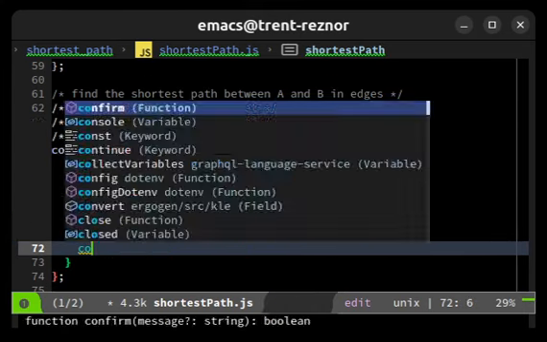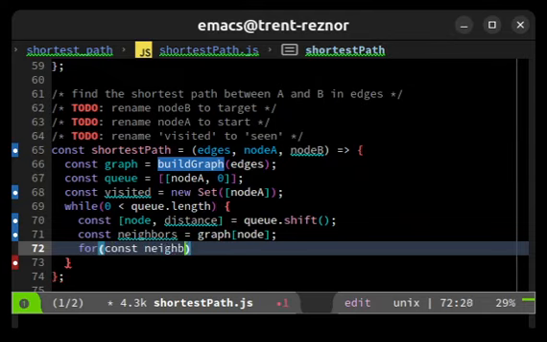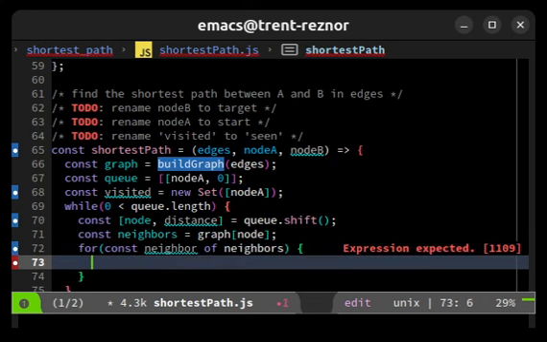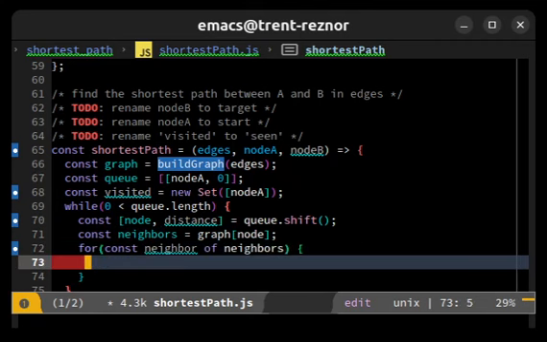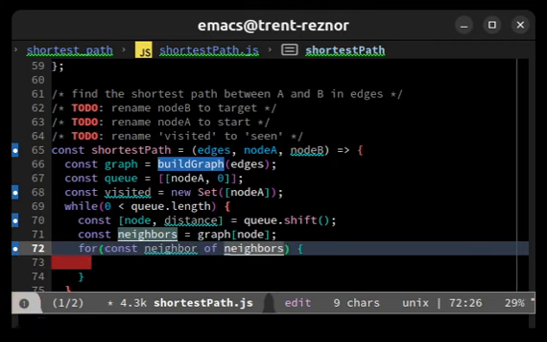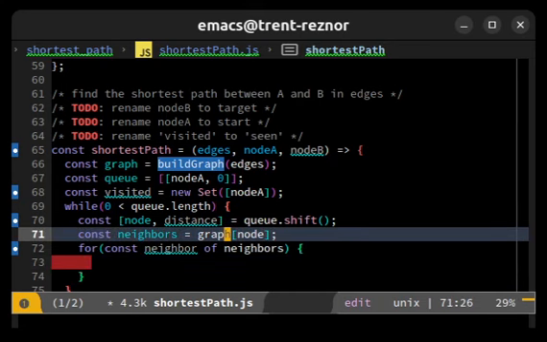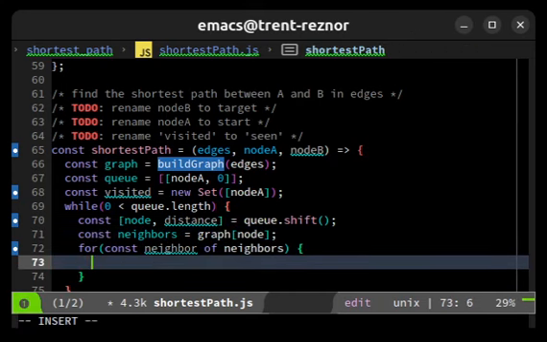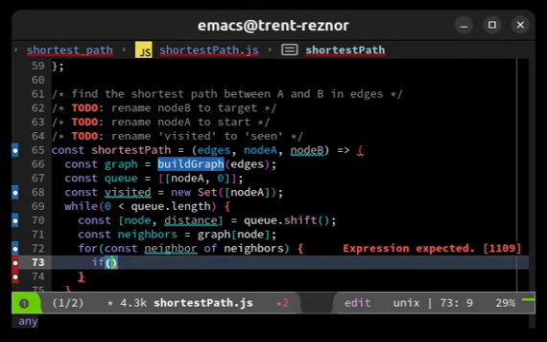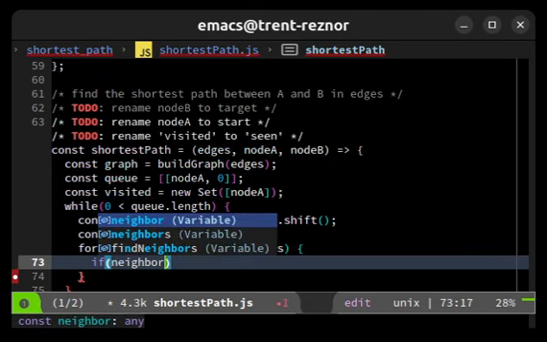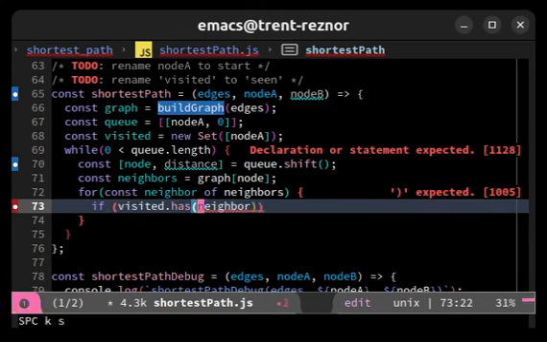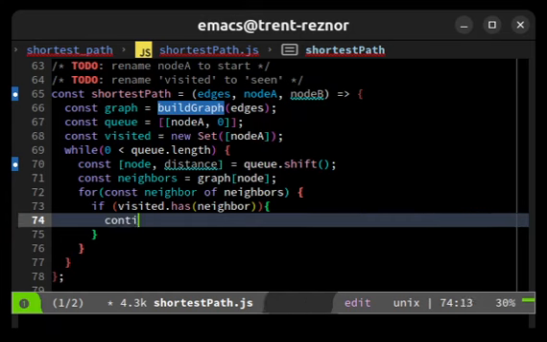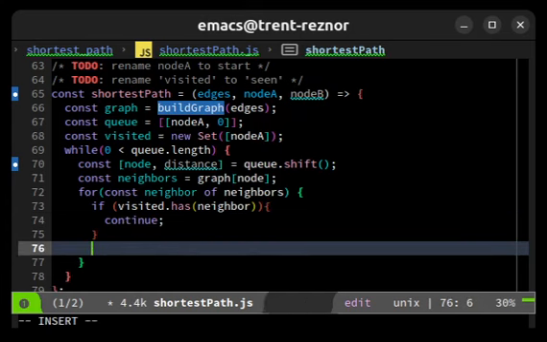Then we can do for const neighbor of neighbors. Of is the one that makes it so that neighbor will be every element from this collection of elements, not every index in an array. Okay, so neighbors is equal to that. If we have seen, so if visited.has(neighbor), if that's true, then we go to the next iteration of the loop. Otherwise, we say